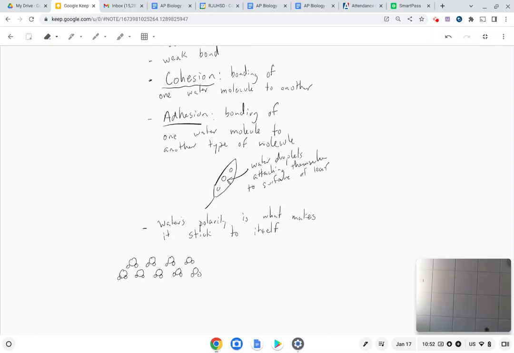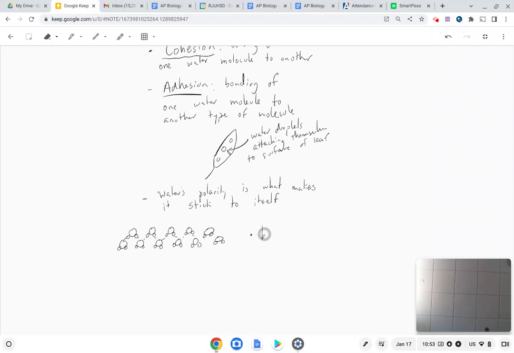So if you wanted to, you could show the hydrogen bond in between each one of these water molecules. I'm going to add a little dash just to show the hydrogen bonding occurring between each of these molecules. So this hydrogen bonding causes these water molecules to arrange in what we call